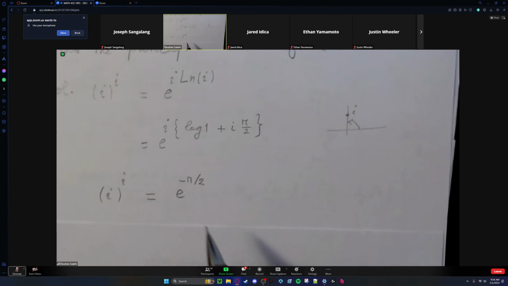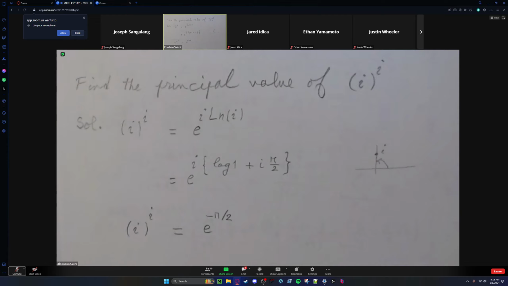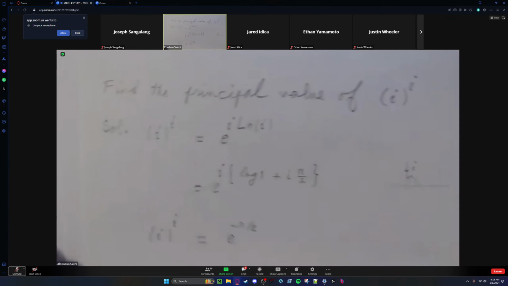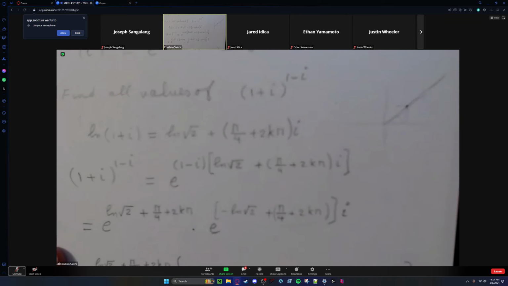Any comment? Any question about this very fascinating example? A complex number raised to the power of another complex number. This is what we call the general exponential function. Okay, all right, let's see. I think that's all I wanted to say today, but